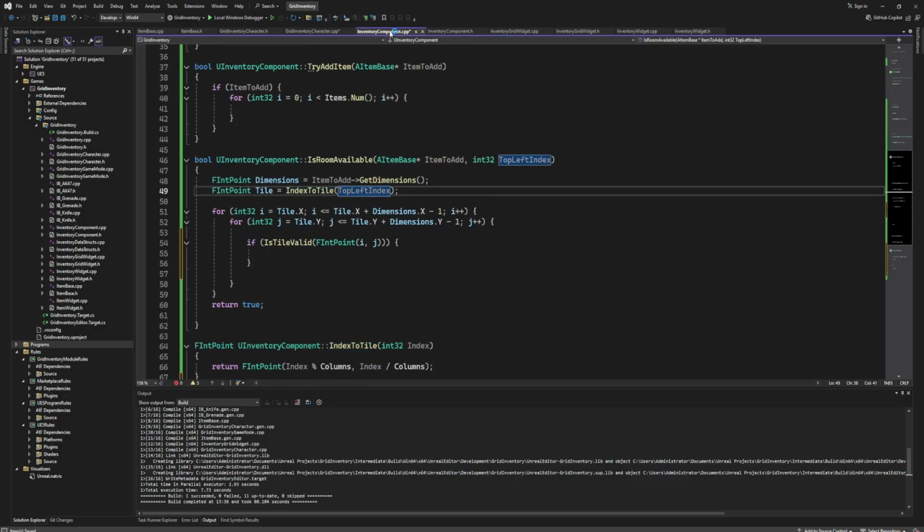We can now go back to our inventory component .cpp, and let me just check in my other project. Okay. Because there's a lot of information, and sorry about that, but I need to take a look into my other project. Okay, so